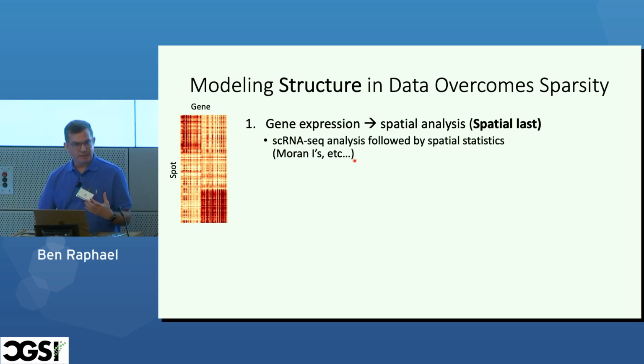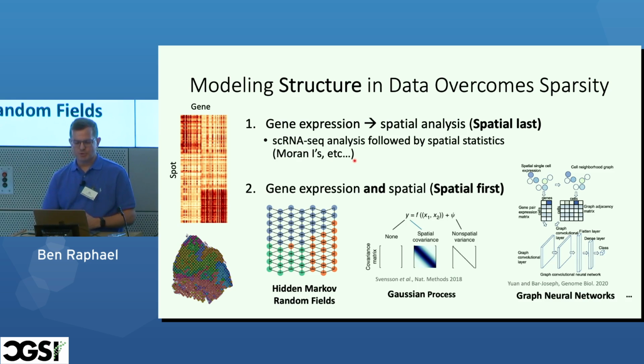But then, of course, what we'd really like to do is not analyze spatial at the end, but can we use the spatial information to help us overcome sparsity? So analyze both gene expression and spatial at the same time. And so we can then look at correlations in the data due to space as we're analyzing the transcriptomic information. So for example, we tend to think, and it seems to be true in most tissues, that the gene expression